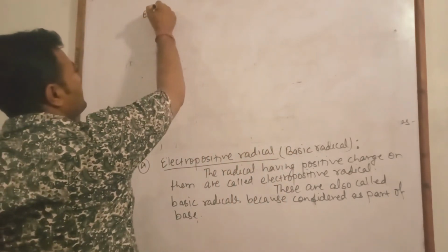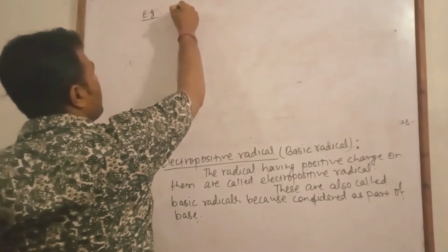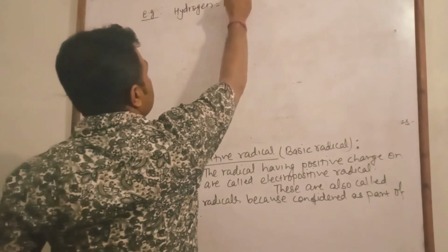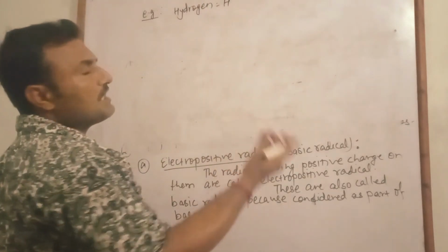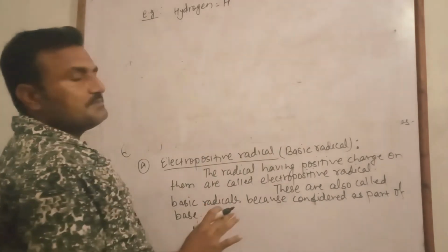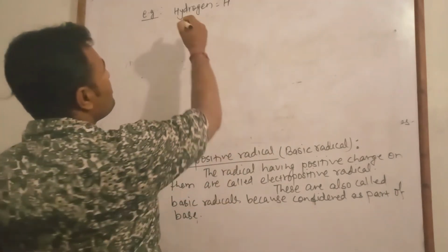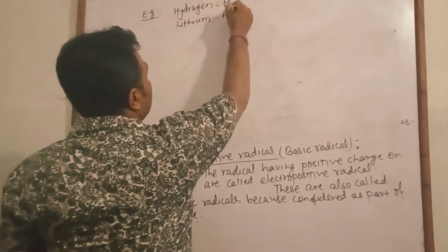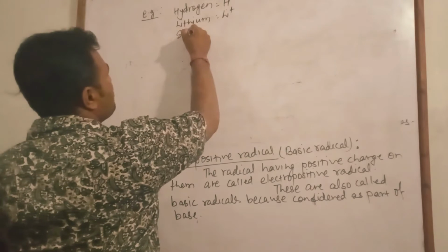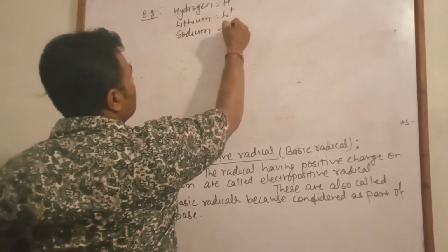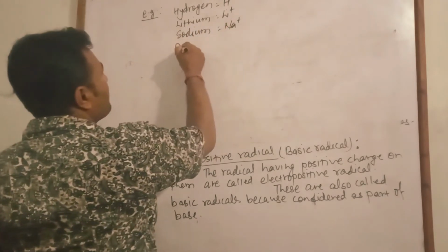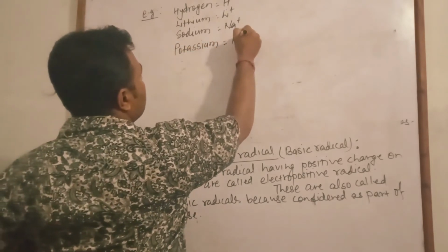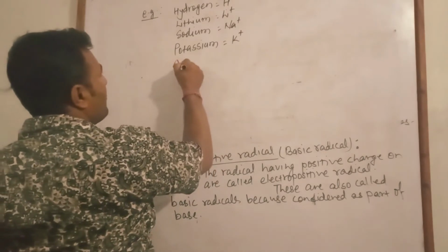Examples are hydrogen, represented by H plus, which loses an electron and develops a positive charge, and therefore is an electropositive radical. Lithium, Li plus. Sodium, Na plus. Potassium, K plus. Ammonium,